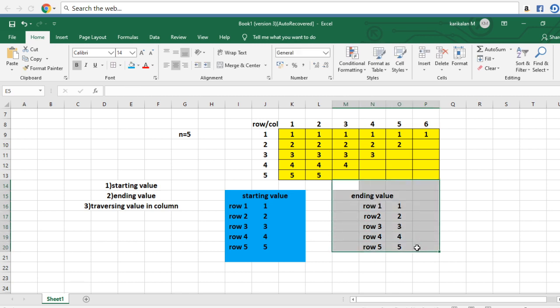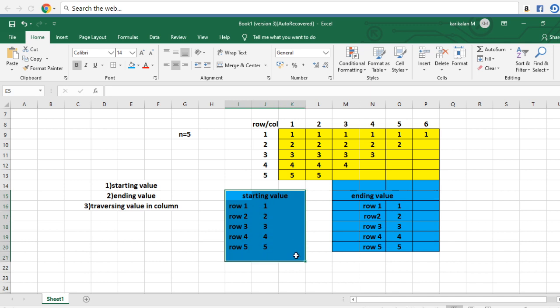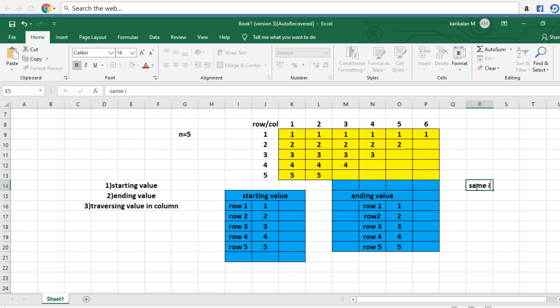The ending value is the same as the row value, and the starting value is also the same as the row value. If you take the traversing value, in the first row all values are the same. Then if you take row 2, also the same value, the row value.